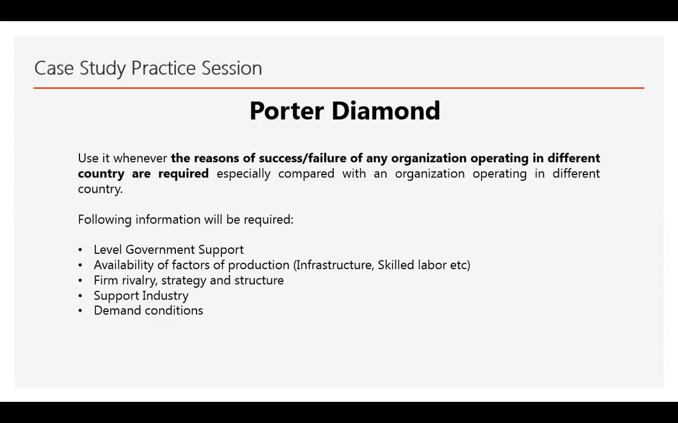So you may be given information about the level of support that the government is providing to its local industry, like maybe providing capital at very subsidized interest rates, or the government may always be trying to create ease of doing business, or the government will always be supportive for companies that are in crisis. So in some way or the other, the level of support from the government will be mentioned in the case study. And then some information will be given about the factors of production, like what type of infrastructure is available,